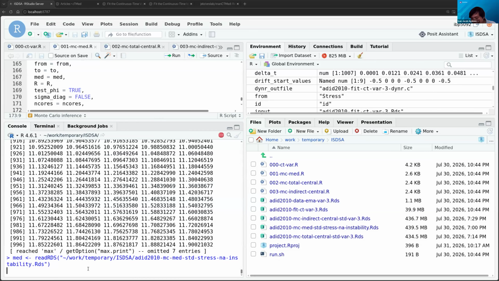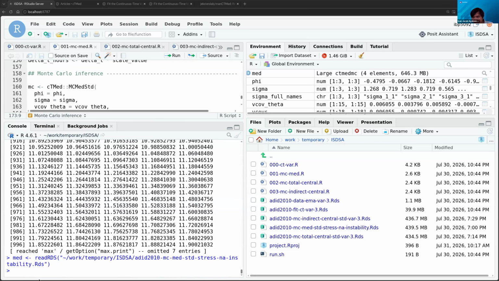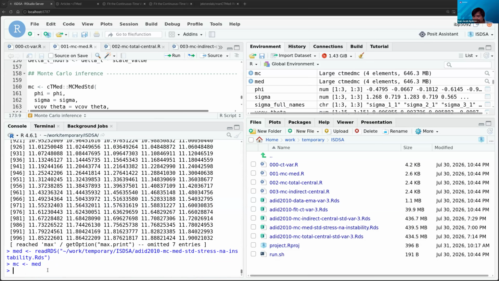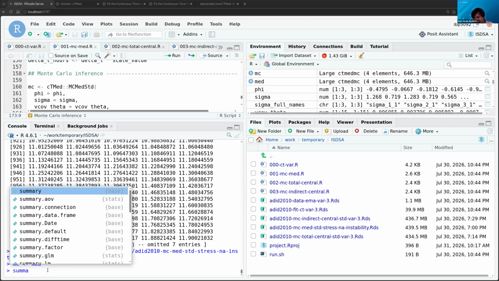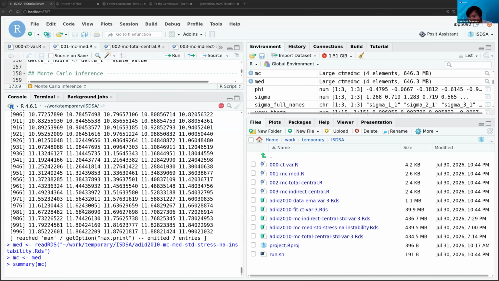Please work. Sometimes when my computer heats up too much, this happens. Oh, there. Okay. So this will give you MC. Once you get MC, you can do a summary if you want to see the numbers. This can take a while because it's a lot. I think it's overkill that I have so many time intervals, but I just wanted to do it because the plots are nicer if they're very smooth.